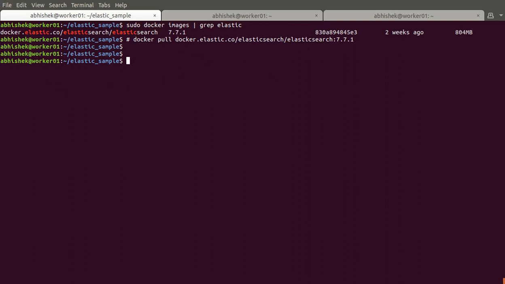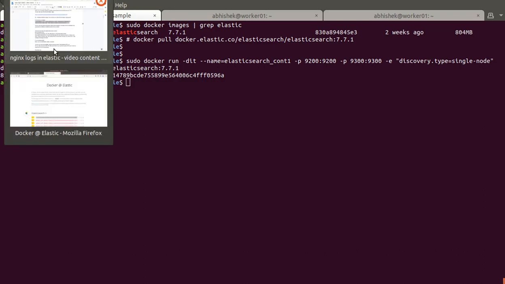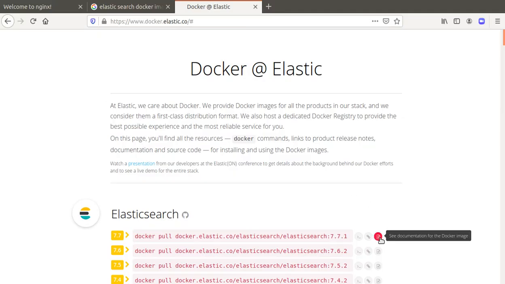Let me launch a container using this image. And you can see this is the same command shown in that official documentation as well.